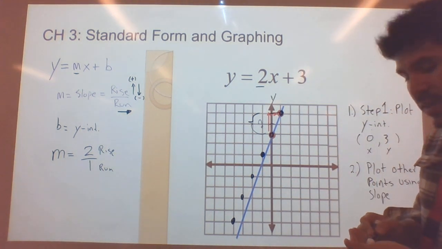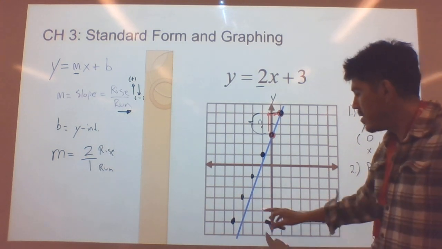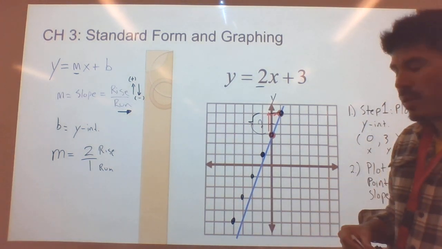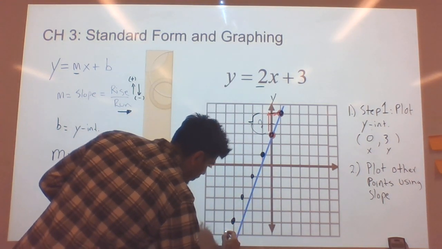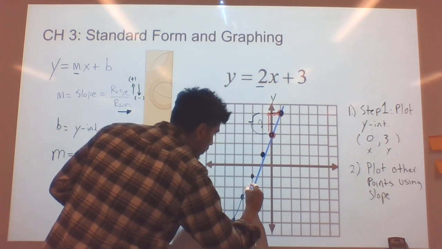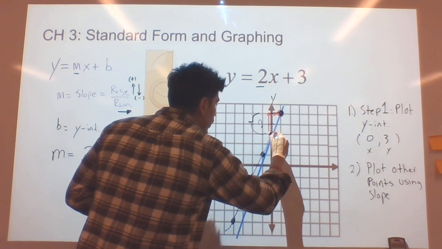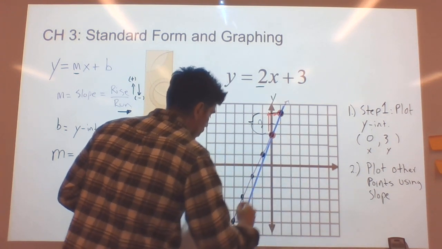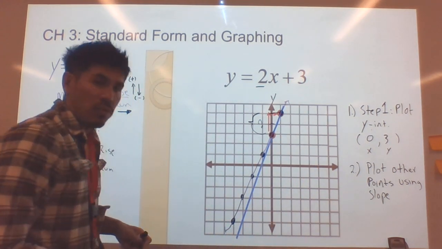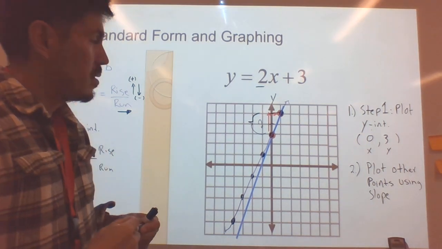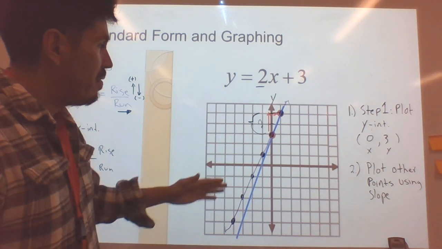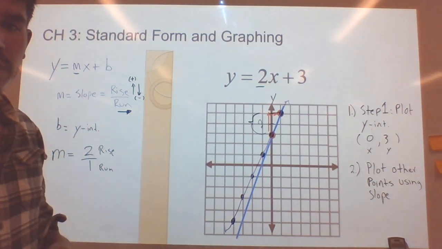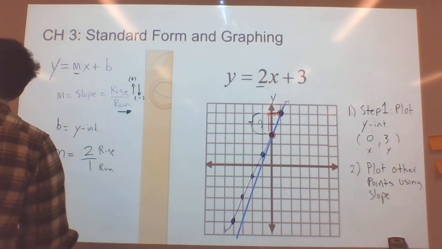If we're going to find the true line, you can see that this line is skewed a little bit. The actual line would still pass through those points. For some reason, this visual came out like that. But again, to find the other points, make sure we use our slope. Now let's go ahead and apply this to